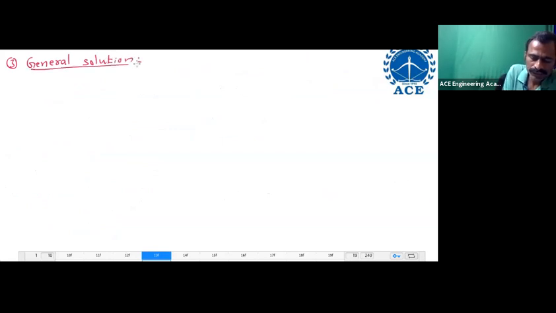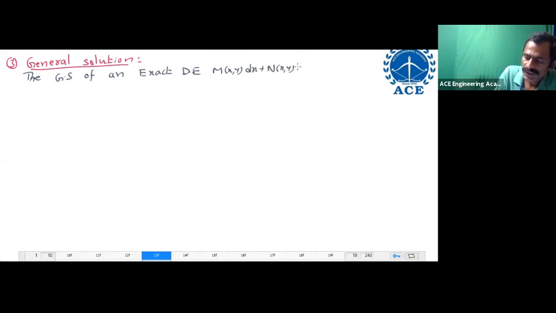The general solution of an exact differential equation M of x comma y dx plus N of x comma y dy equal to 0 is given by